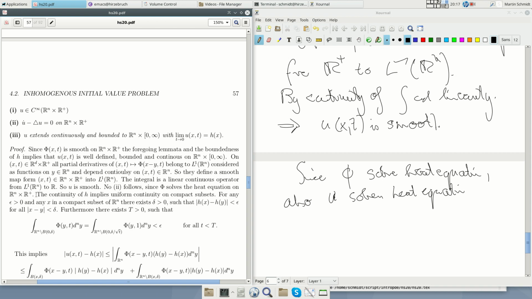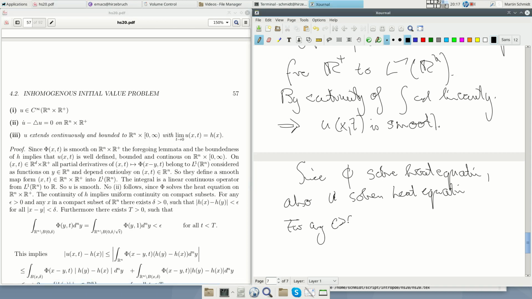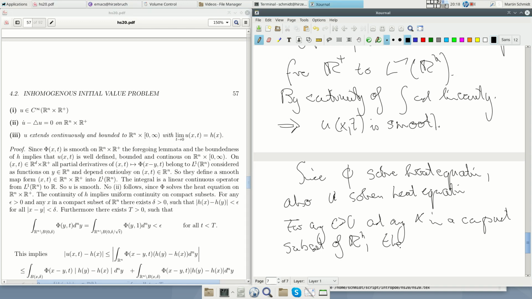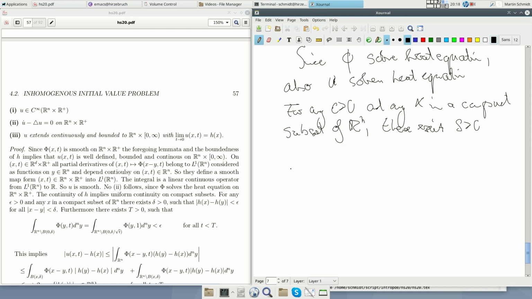For any epsilon larger than 0 and any x in a compact subset of Rn, there exists a delta such that this is smaller than epsilon for y in the delta ball around x,